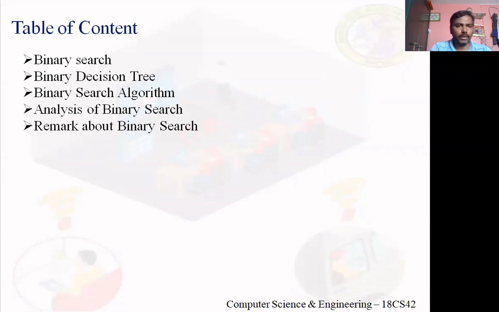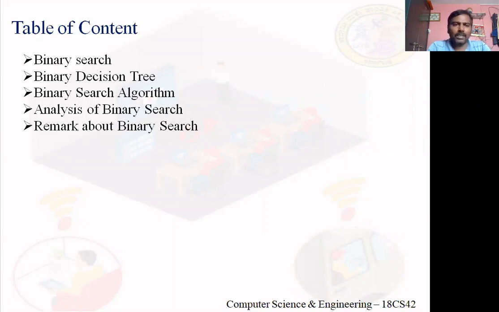So the main core of binary search is the binary decision tree. First I said, what is binary search? Now, what is a binary decision tree? With it, you can easily solve all the queries with respect to the given problem instance.